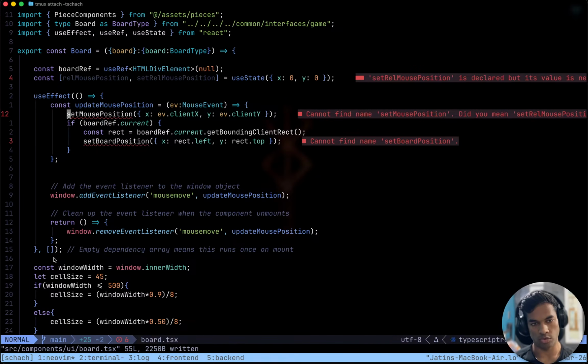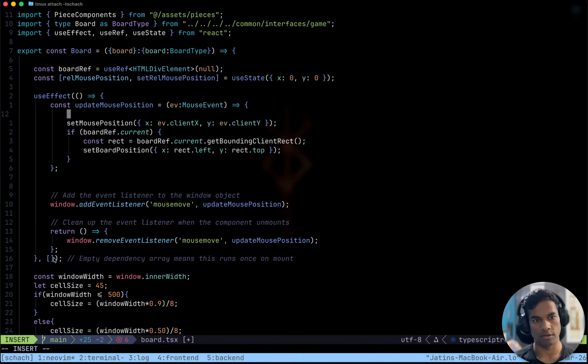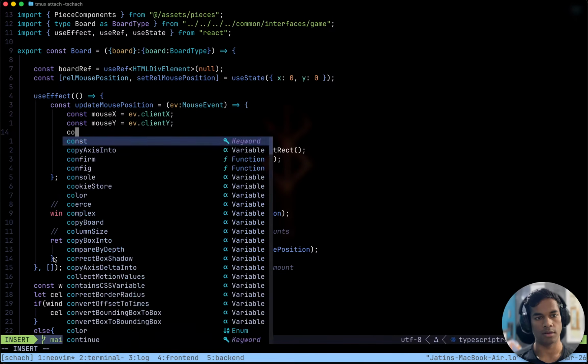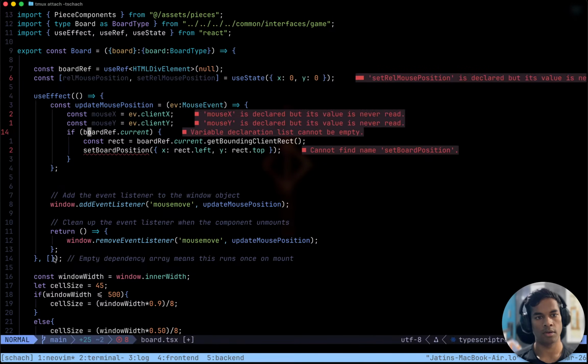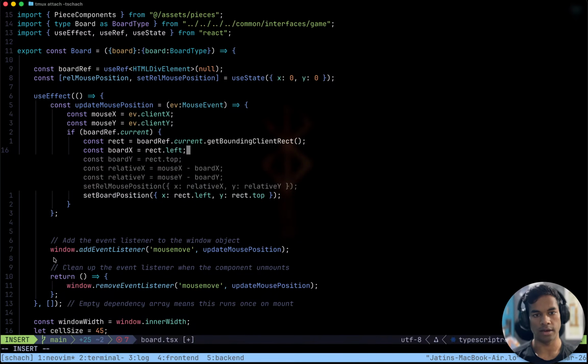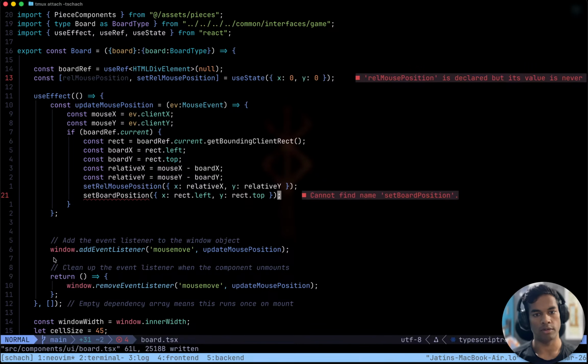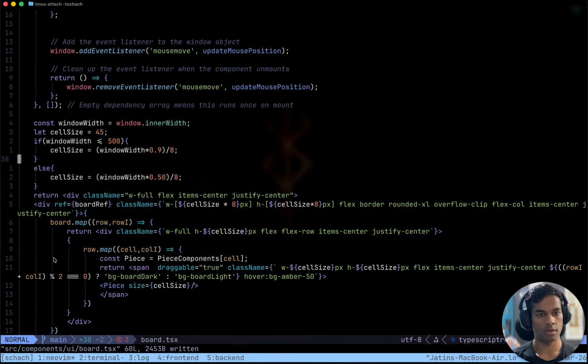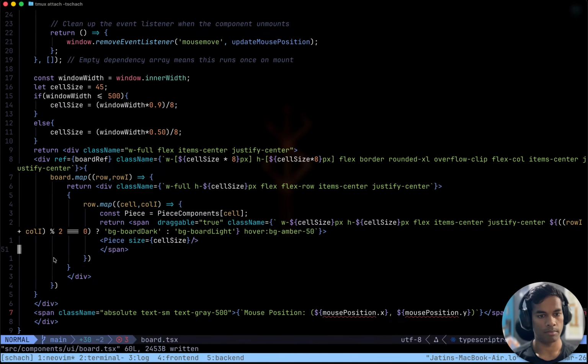Do not set mouse positions, just say const mouse position x is this, y is this, and then const board x equals rect.left, board y equals this, set relative mouse position, and let's print the relative mouse positions here instead of this.